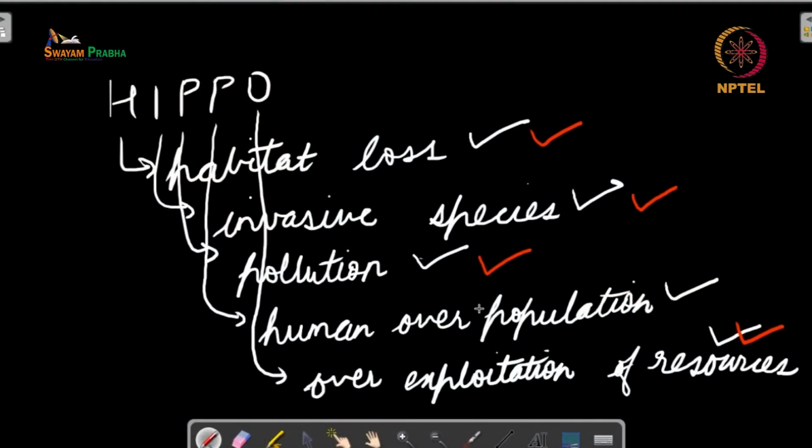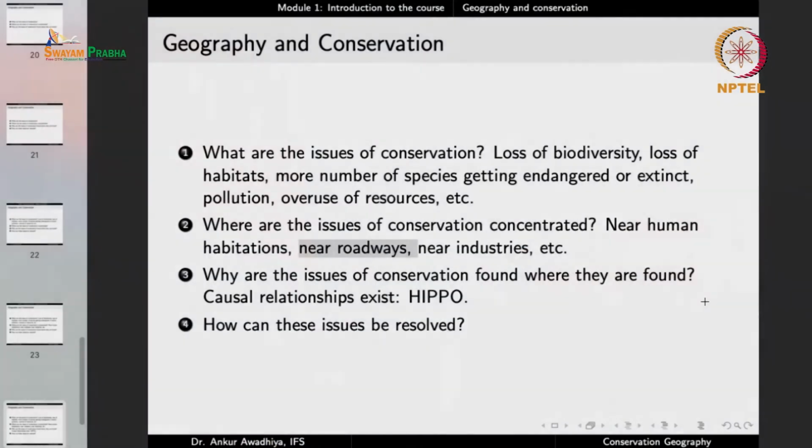And if you ask about human overpopulation, does a road lead to human overpopulation? Well, it is questionable, but in some parts, yes. Because the roads permit us to bring more resources to people, and once you have resources, the population sizes tend to increase. At the same time, when roads provide access to people, then people can start a small settlement somewhere inside the forest, and slowly the population will start to grow. So it can facilitate human overpopulation, though not directly, but in certain ways, yes.